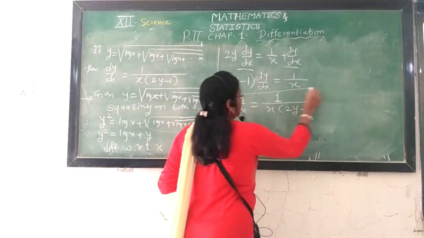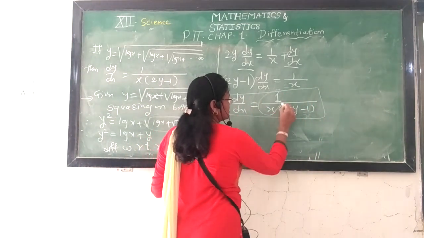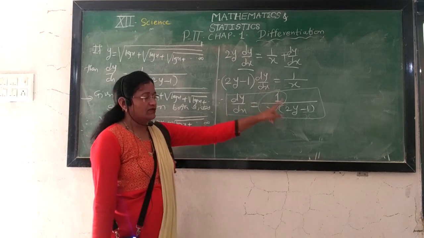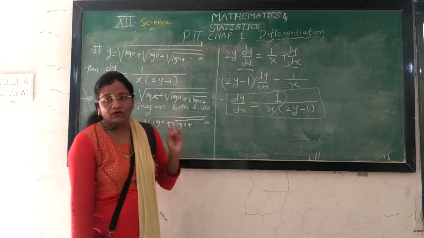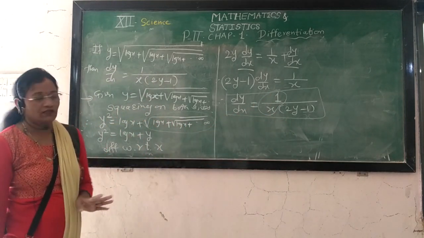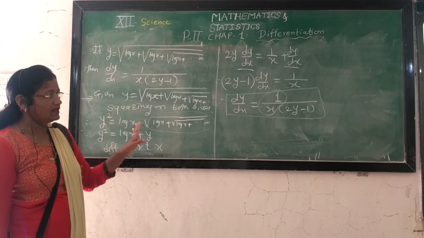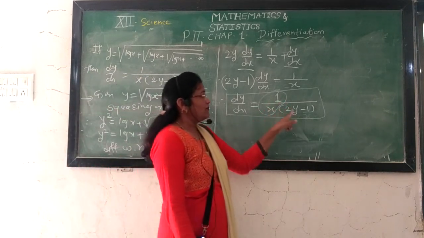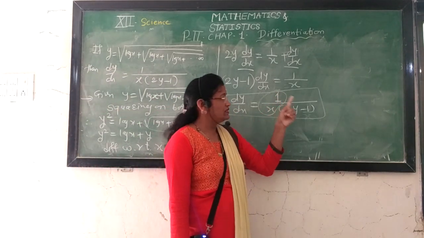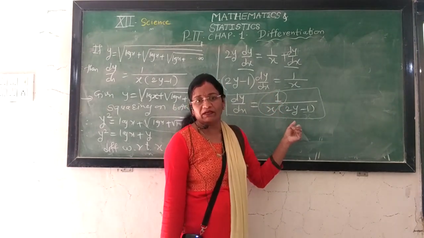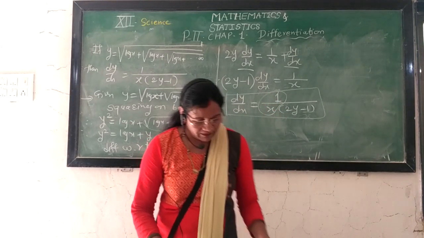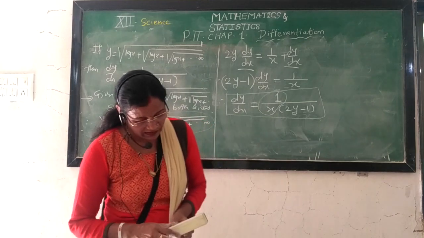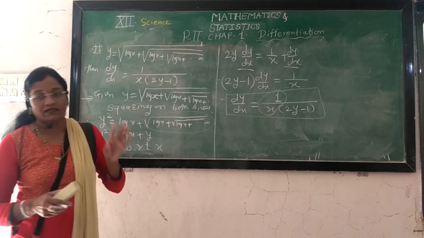That is the derivative of the given term, 1 upon x into 2y minus 1. So this is the derivative of log x, and the common term is 1 upon 2y minus 1. So for under root type questions of any kind, all questions have the same answer. Only remember to multiply the derivative of the function included in the under root sign with the expression 1 upon 2y minus 1 to get the derivative of the corresponding function.